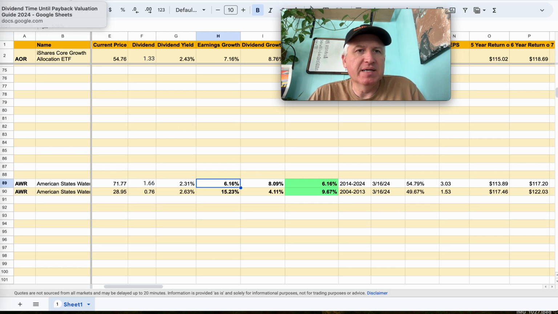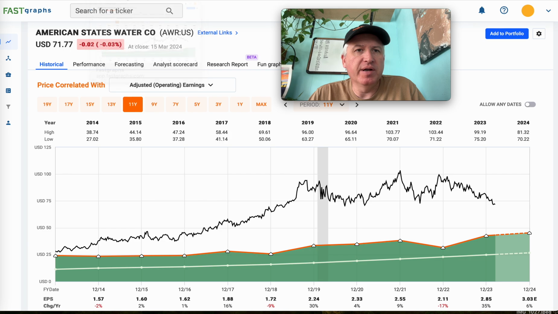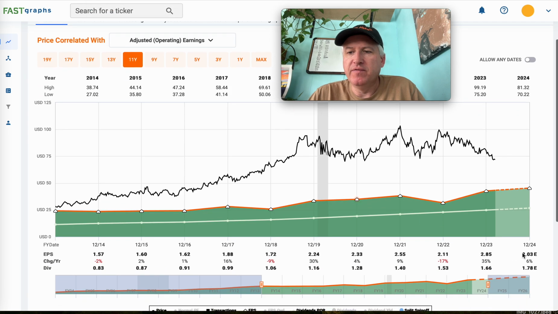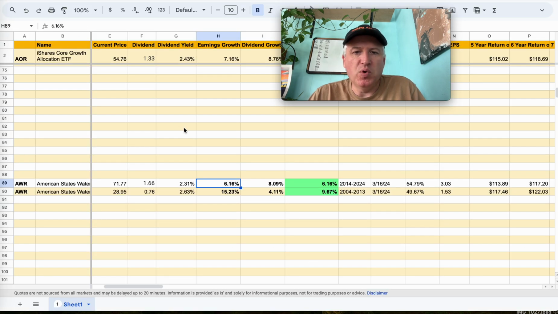That could be because I pulled forward the earnings from here, which is what I do. That could be the difference between the fast graph and mine, which is almost the same anyway. So the reason the earnings growth rate's important is because over time, especially over long periods of time, this is